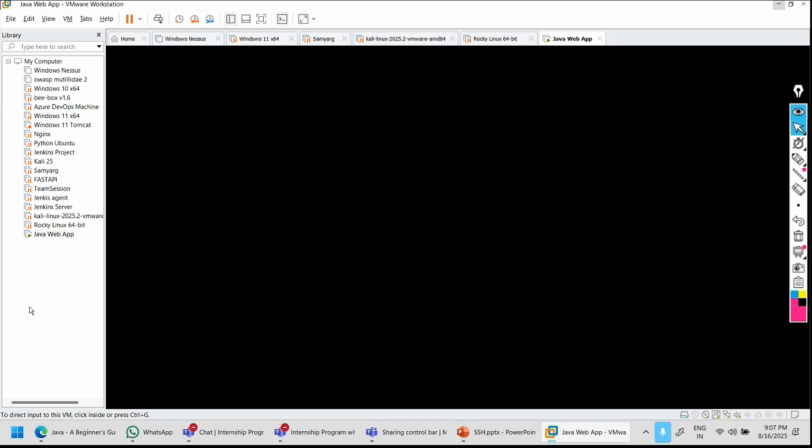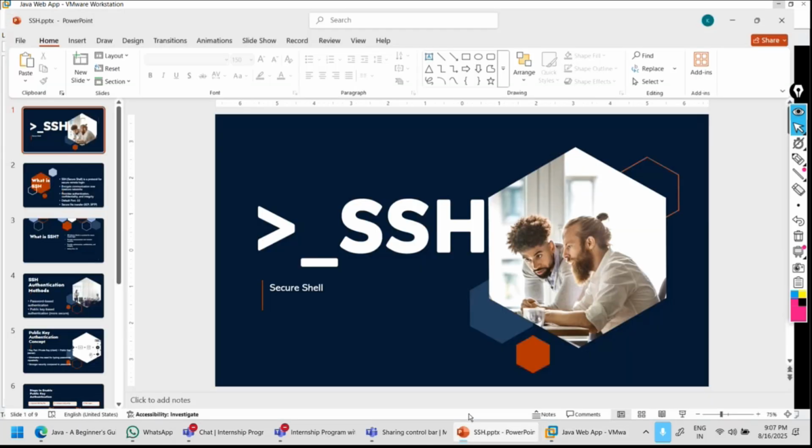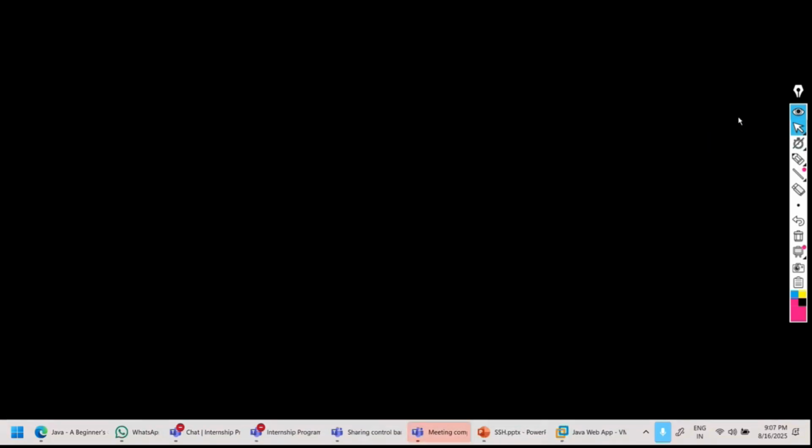Before I start, what do we mean by SSH? Let's try to understand what a shell is. In a simple way, in any operating system, Linux or Windows or any other, there is something called a shell. But before that, let's say there is your processor,